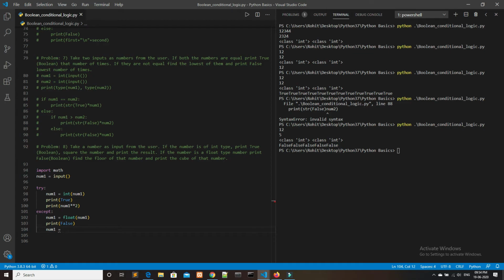If we apply floor here, we will get the number in int format. That is, if the number is 5.5, then we will get 5. If the number is 6.6, then we will get 6. Let me show you. I will comment these parts